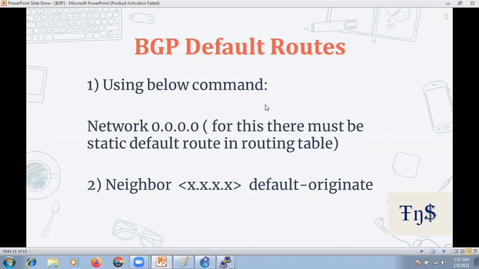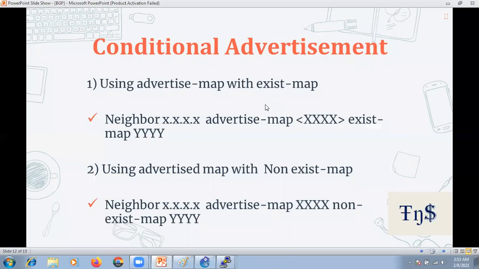And with default originate, you have seen in this practical that the distribute list is not useful. We cannot filter any default route using the distribute list if we are using default originate. Okay.